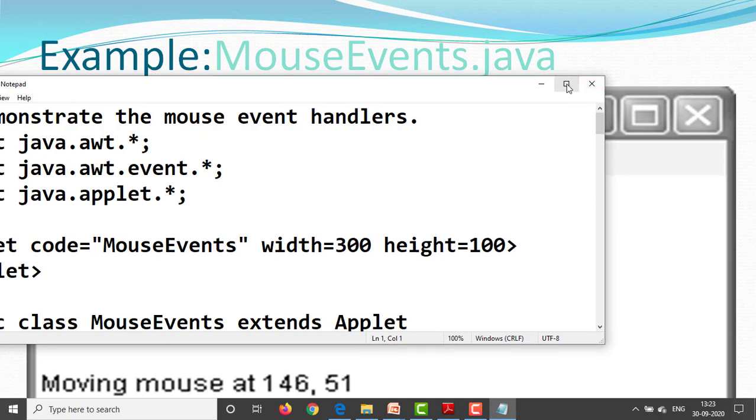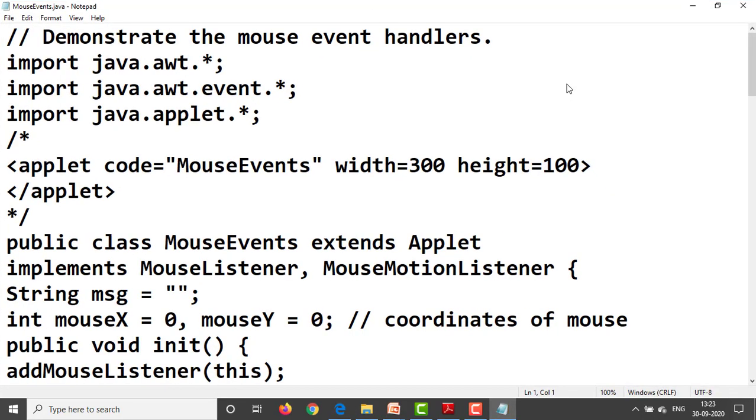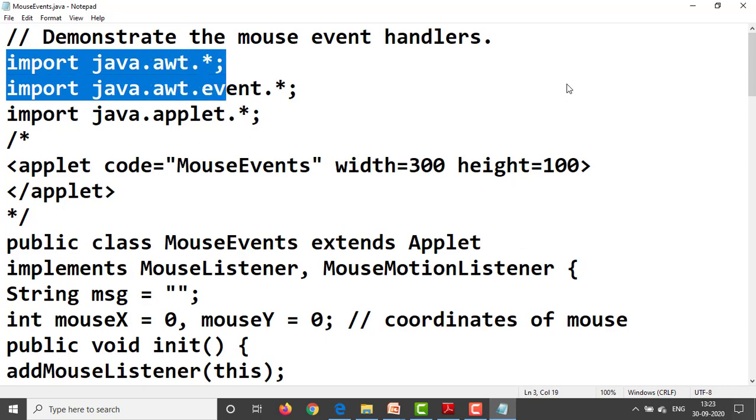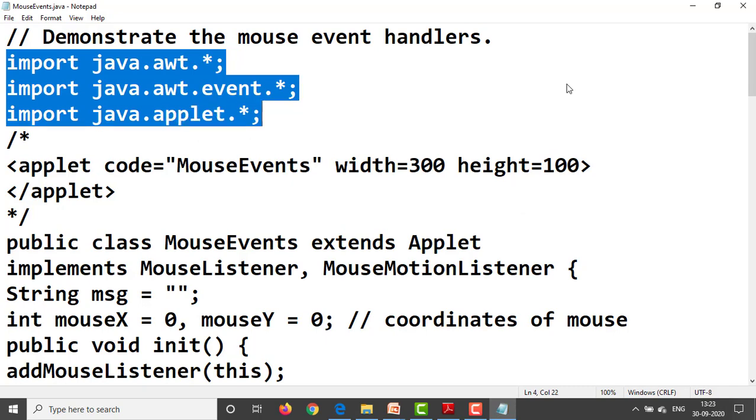Here is the demonstration of the mouse event handler. First thing, we need to import java.awt.* package. Second, import java.awt.event.* package to handle the events. Third, import java.applet.* to take the support of applets.